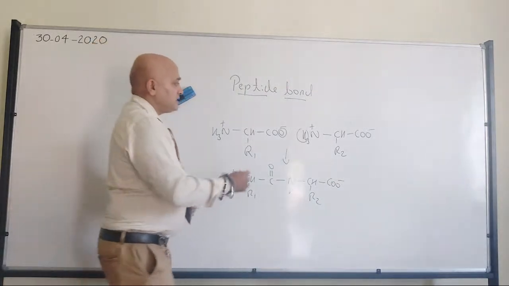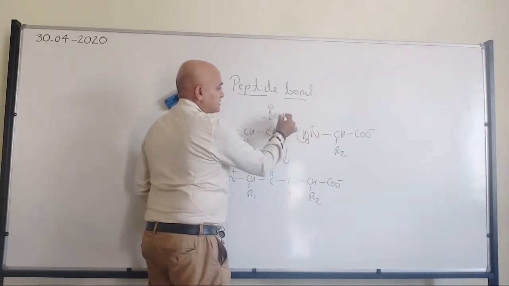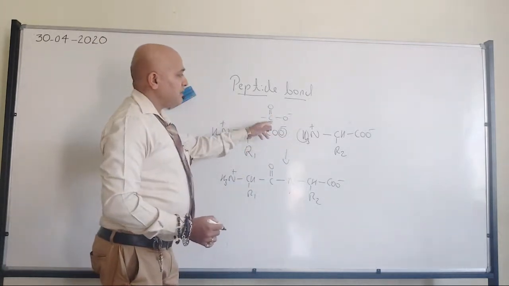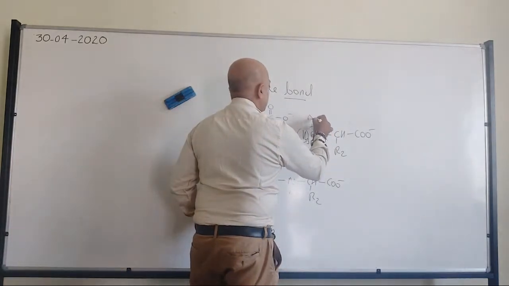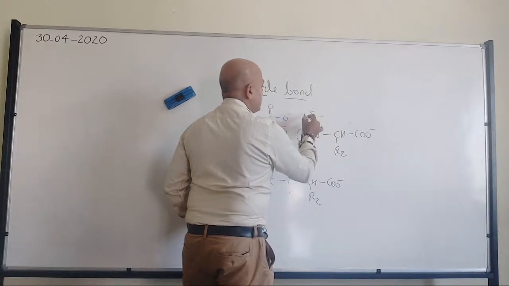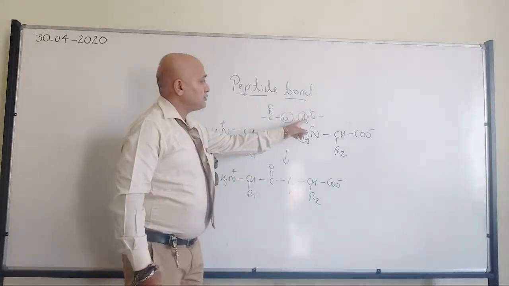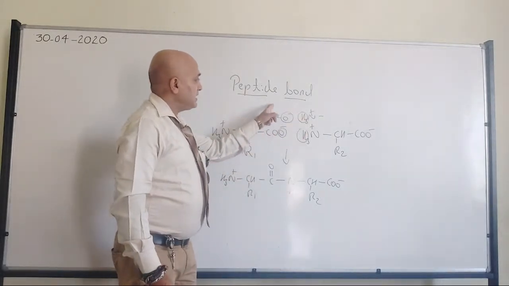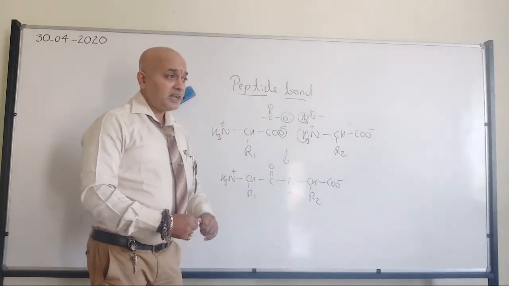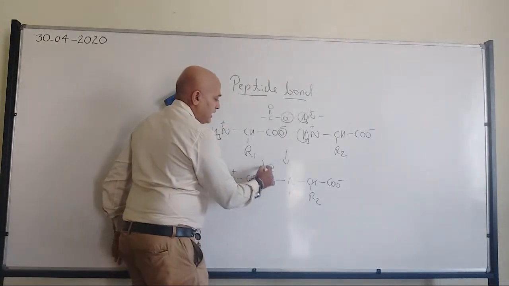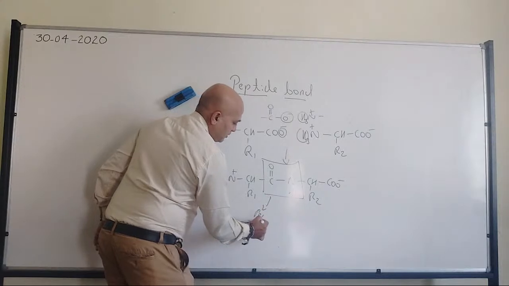So please remember, carboxylate can be written like this, right? The same thing we can write like this also, right? Now in the same way, this molecule, as usual, H2O, this one and this one. Here one hydrogen will be left over, and here the oxygen, the carbonyl group, will be left over, right? So that's where we have the peptide bond. This is nothing but the peptide bond.